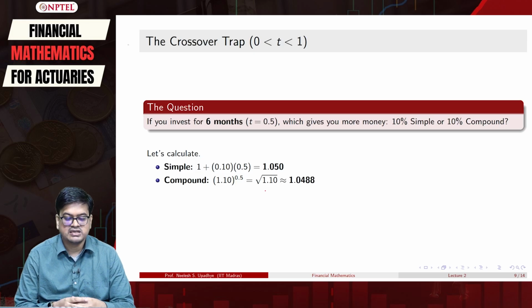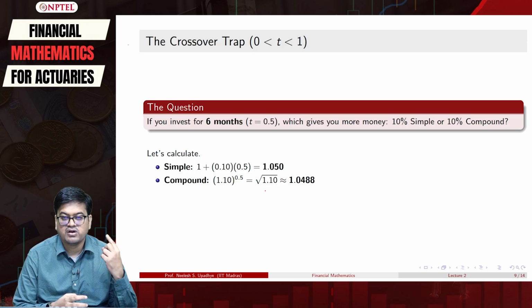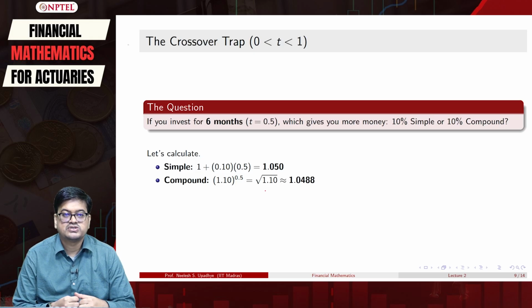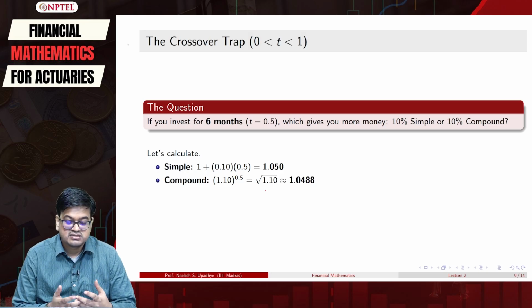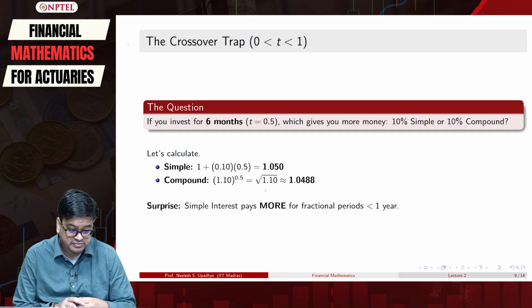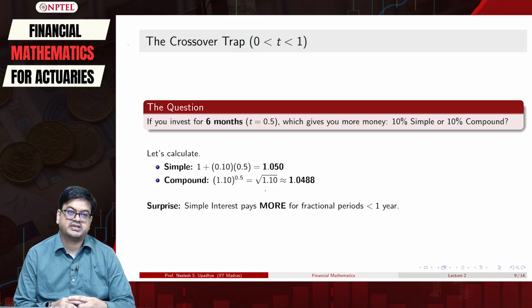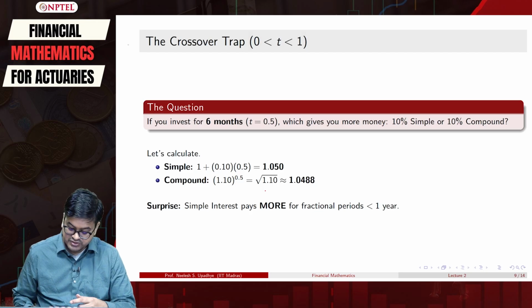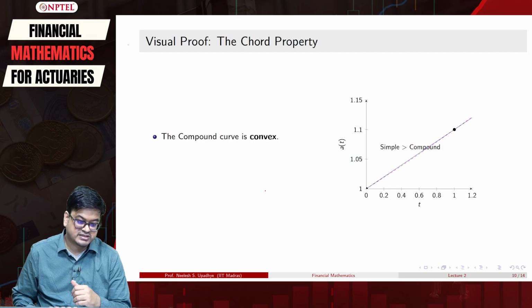Now, this is basically revealing the difference when I have 1 unit of time. Suppose you have 1 million rupees, 10 lakhs, then this change is significantly different, right? So which one should you choose? The verdict should be you should go with simple interest rate, because simple interest rate pays you more for fractional periods. Therefore, you will go for simple interest rate.